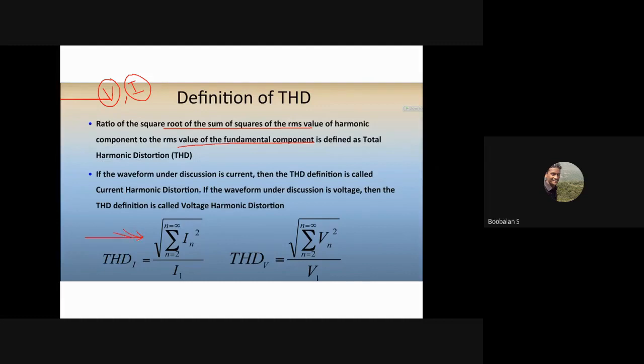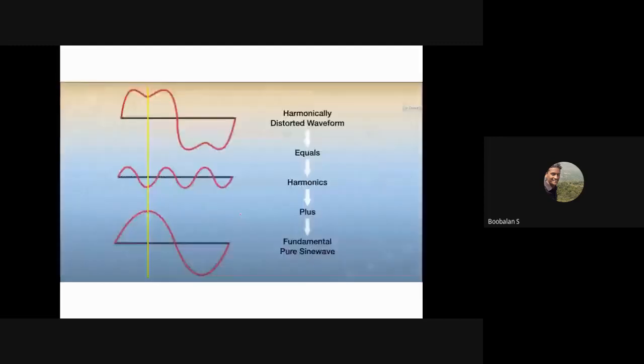It's very easy. Square root of the summation of squares of the RMS value of the harmonic component. If we are measuring current harmonics, we go with the current one. If we are measuring voltage, we go with this one. This is a straightforward formula. You are able to find the total harmonic distortion of current, or maybe of voltage. This is the formal definition, and it is a famous two-mark question also, right? And now, how are we able to measure it?